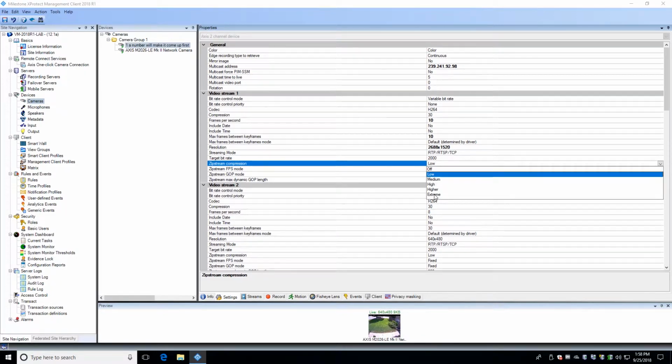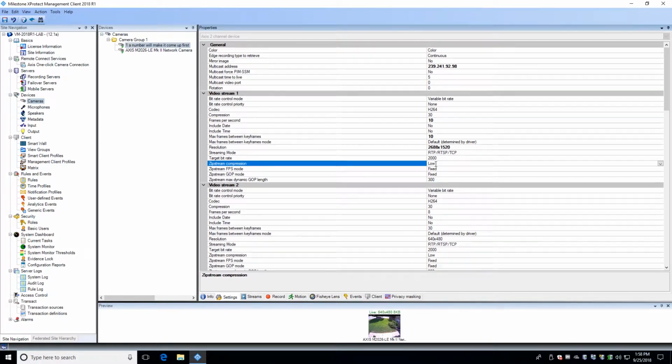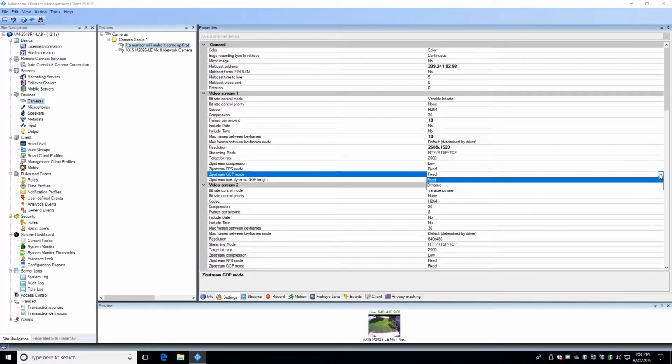In this case, we'll turn on Axis Zipstream. Note that on many cameras, if you turn on smart codecs, or with Axis cameras, if you turn on dynamic GOP, this allows the camera to automatically vary the rate the camera is sending keyframes, which will save considerable bandwidth and storage, but dynamically varying the keyframe rate usually requires changing a motion detection setting that we'll cover in a